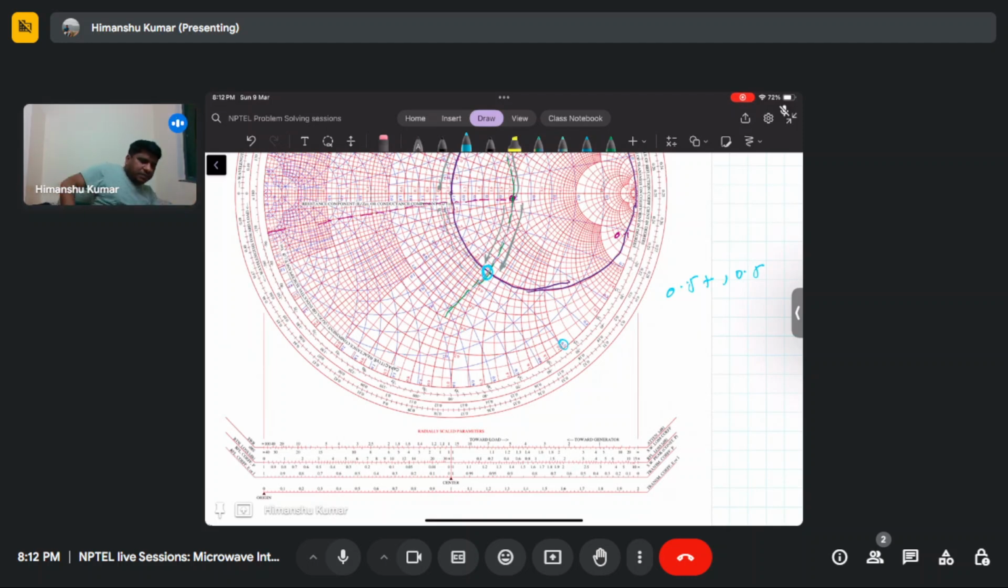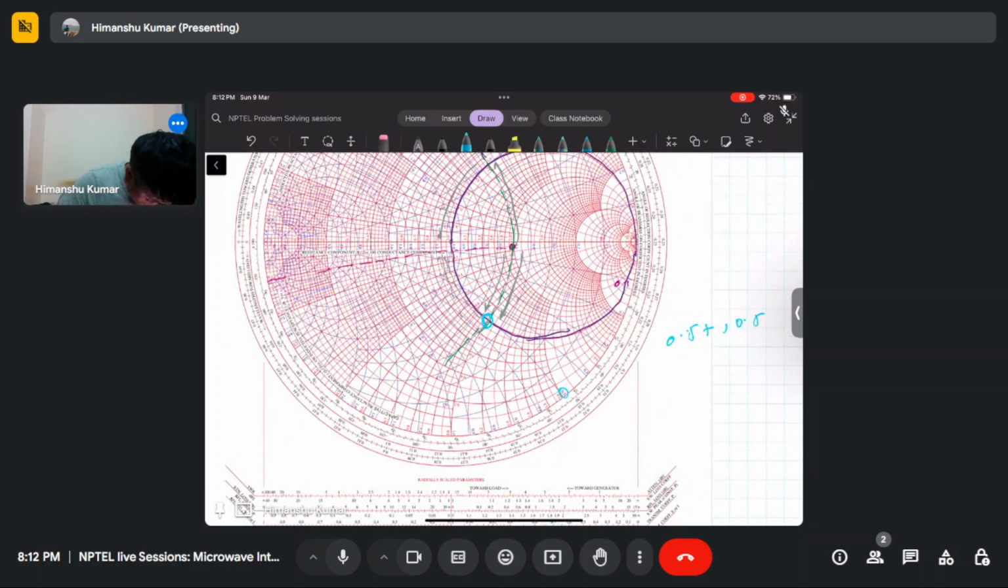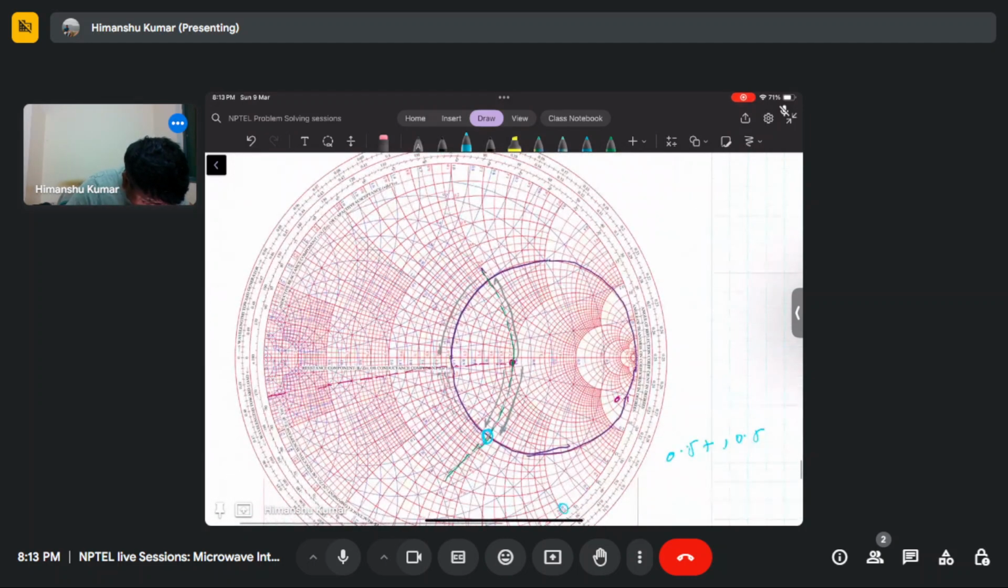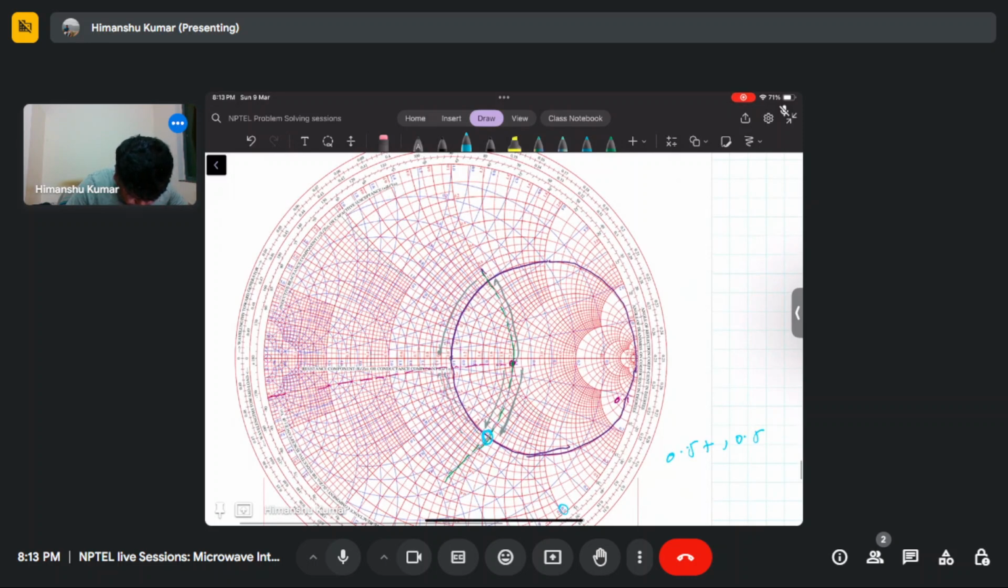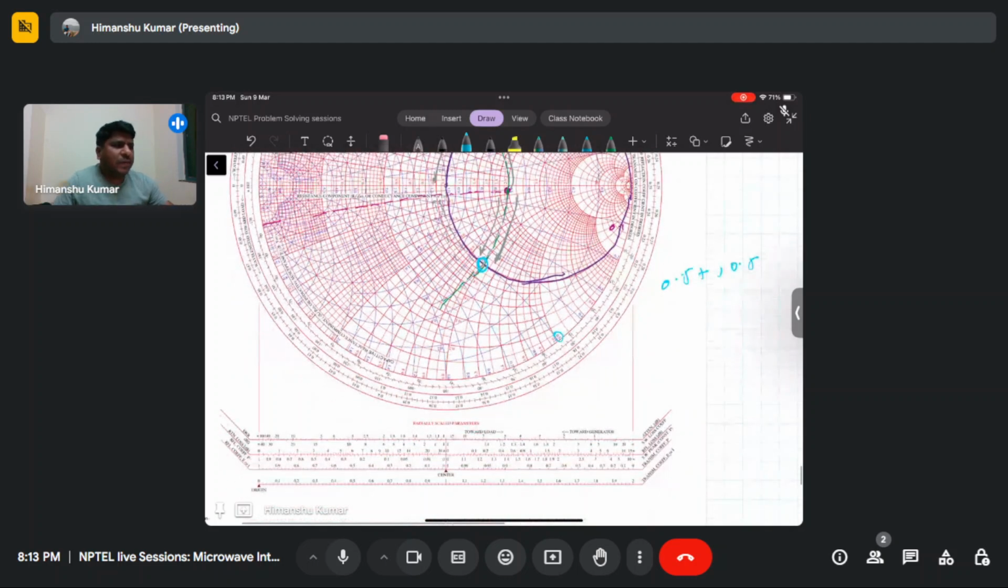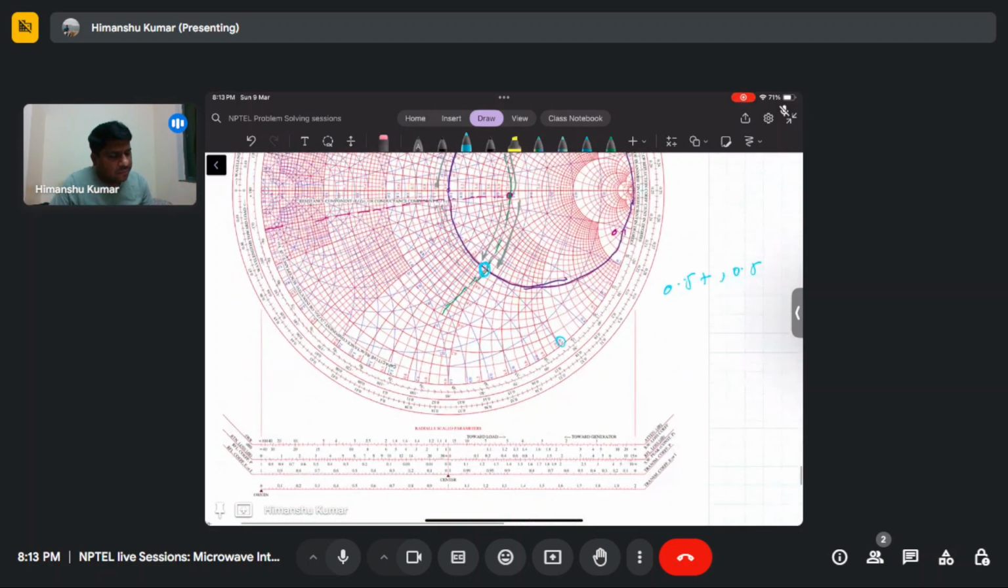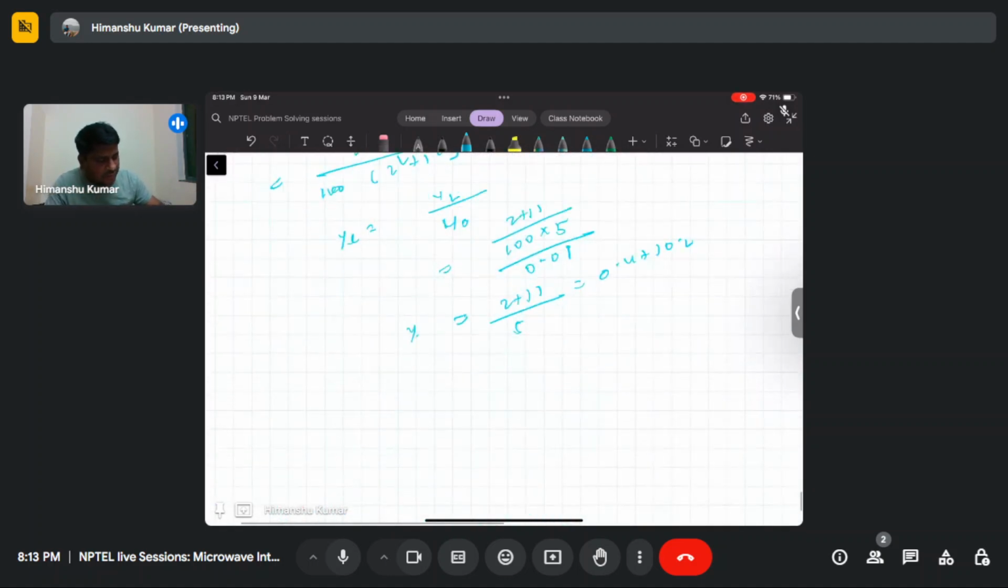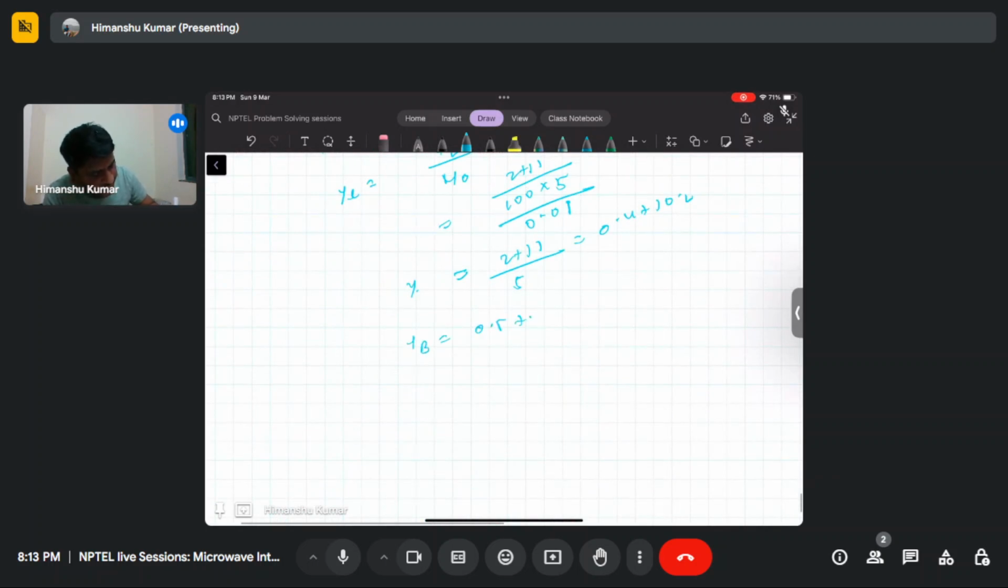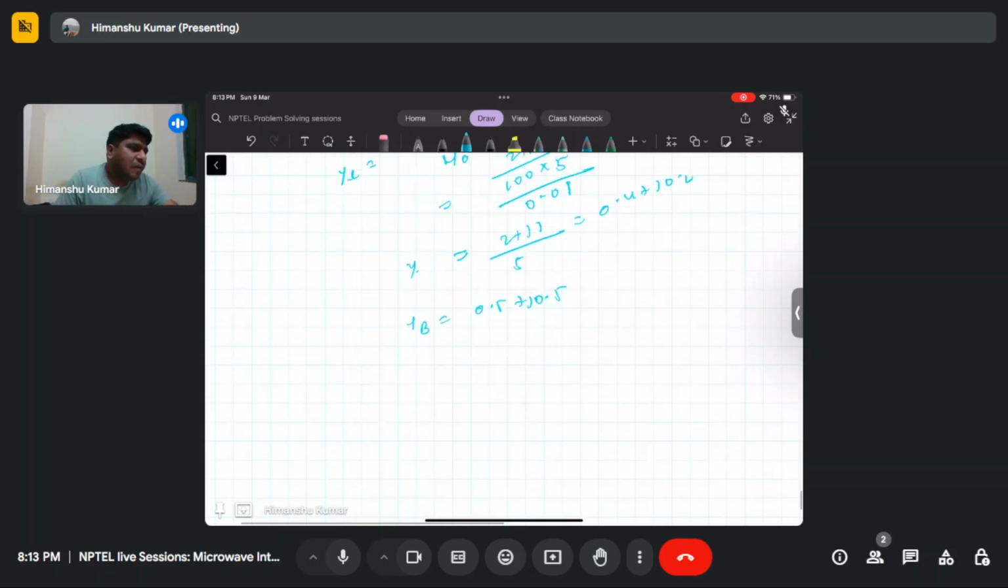So this B point is basically 0.4 times 2 plus 2 times 2 plus 0.1 plus 1. Yeah, so this will become 0.5 plus j times 0.5. These points correspond to the y of b, which equals 0.5 plus j times 0.5, and basically now equals to